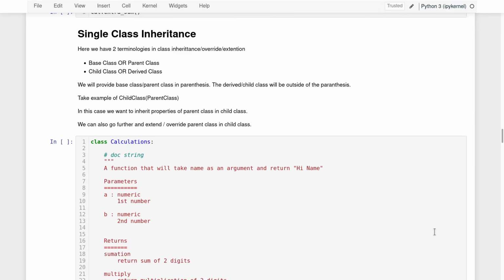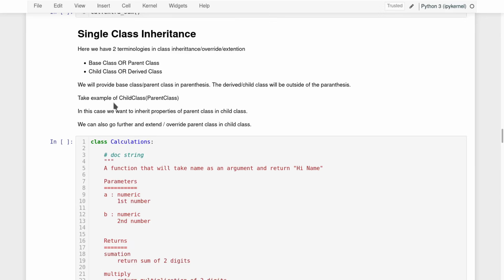If we go by the literal meaning of inheritance as per the dictionary, inheritance means getting some properties, some characteristics from one's ancestors or from one's parents. It means a child will have some characteristics or properties of his or her parents or ancestors. If we talk on the same philosophy in the context of Python class inheritance, in that case we